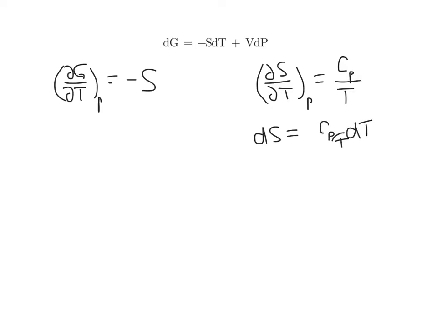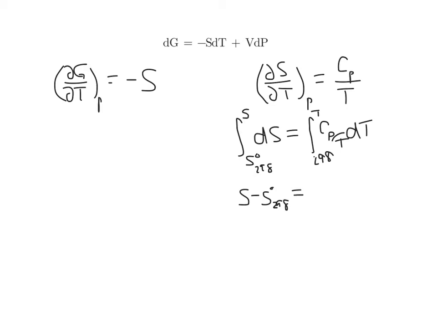And so if I integrate this expression from some initial entropy, what we're going to do is use the standard state entropy at some temperature of interest. Typically those are tabulated at 298 Kelvin, so that would be a good temperature to start at, to any other entropy. Then I'm going to integrate from my beginning temperature, 298, to any other temperature. This gives me an expression which is S minus the standard state entropy at 298 is equal to,